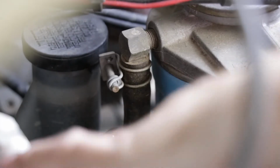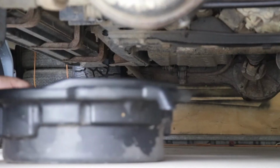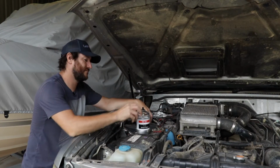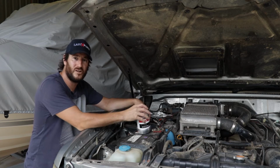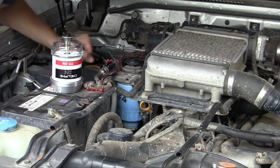Alright, so the first thing I'm going to do is just lightly pinch the inbound fuel line. I'm also going to stick a drop tray under there to catch any leaking fuel. With that done, it should just be a case of twisting this one off and twisting this one on. Let's hope it is as simple as that. Alrighty, so let's